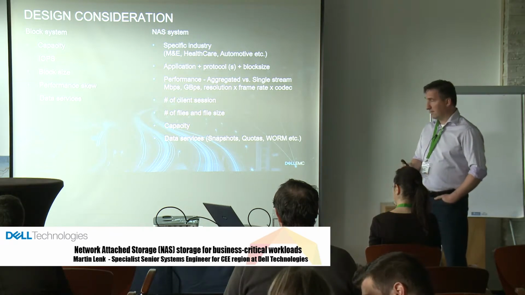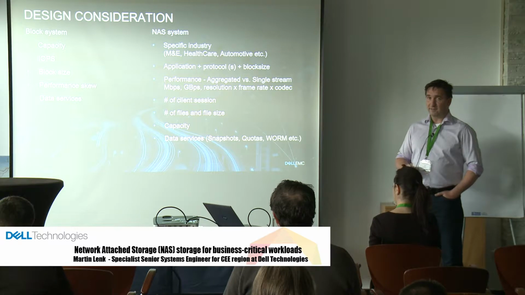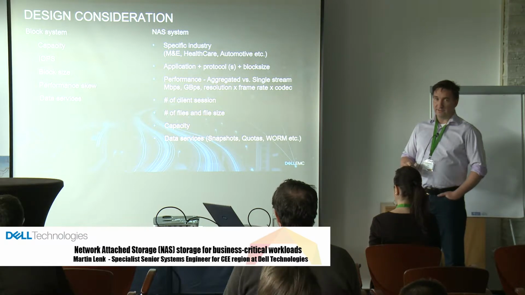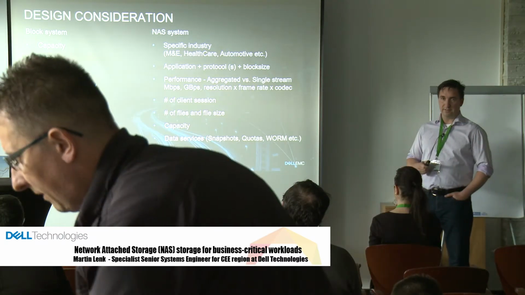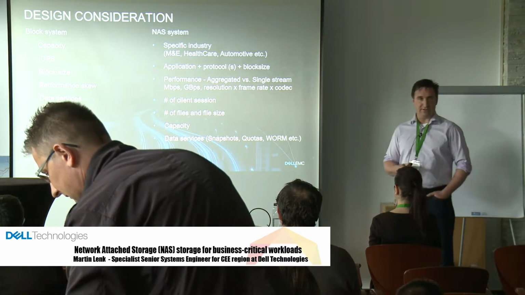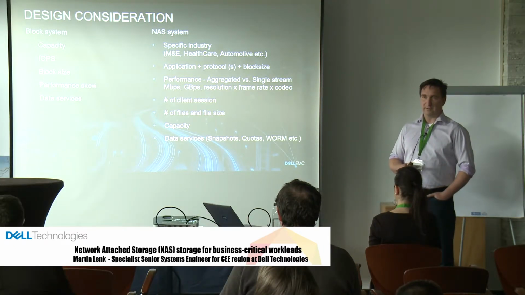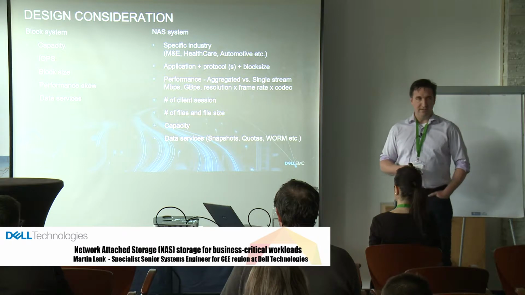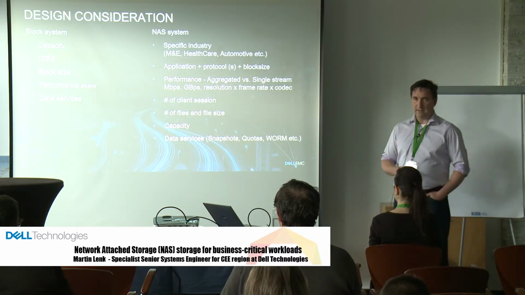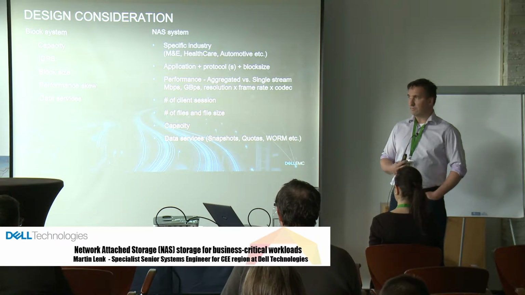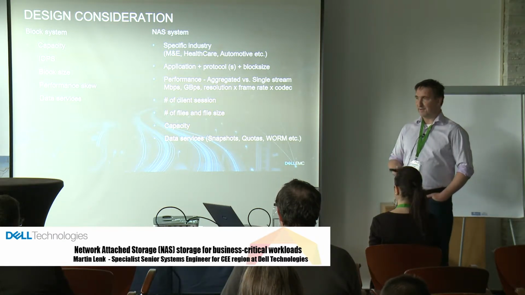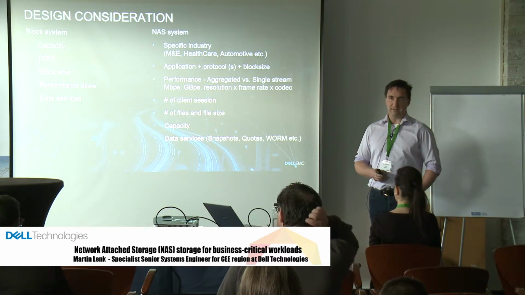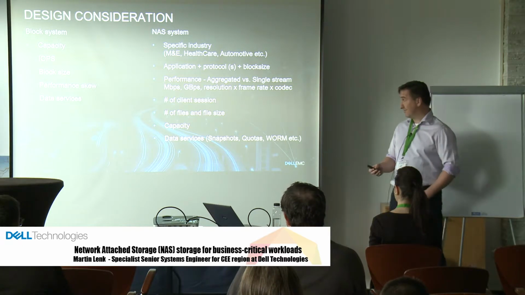Another important thing that architects usually don't pay attention to is number of files and file size. We had lots of customers that built a NAS platform, and they started with a couple of tens or hundreds of thousands of files, and it works fine. Then they put in new workloads, and now they had 1 billion files, 2 billion files. It's not an exception. Even banks. I had one bank in my country, I'm from the Czech Republic. They have one bank, and on their quite small file system, like 40 or 50 terabytes, they have almost 2 billion files, which is crazy. I don't know how they did it, but they have it.